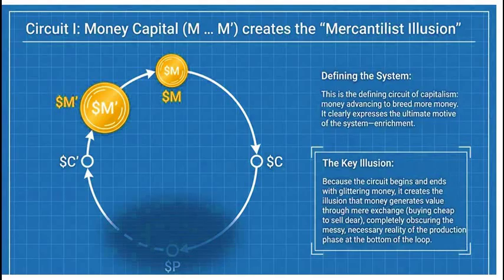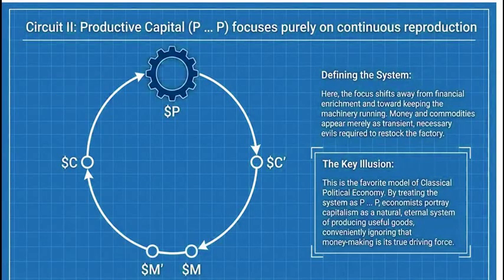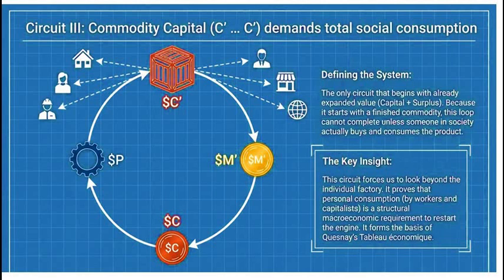Section 6, the endless cycle. Whether we're talking about yarn or railway tickets, once that expanded money is finally realized, the formula is complete. But what does this actually mean for the broader economic system? The text makes it incredibly clear that this is not a straight line. It is an expanding loop. M prime is the end of one circuit, yes, but it immediately becomes the starting M for the next, even larger circuit. The capitalist doesn't just take that 500 pounds, pack up and go home to relax. No way. They take the 500 pounds and advance it again to buy more means of production and more labor to create an even larger C prime, to yield an even larger M prime. Money-generating money becomes the sole, overriding driving force. It is an endless cycle of capitalist accumulation.